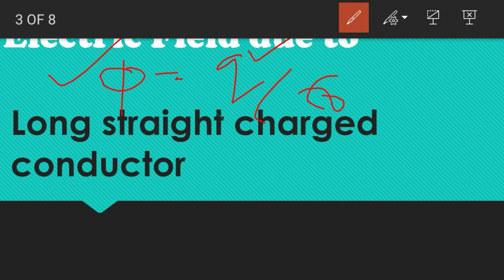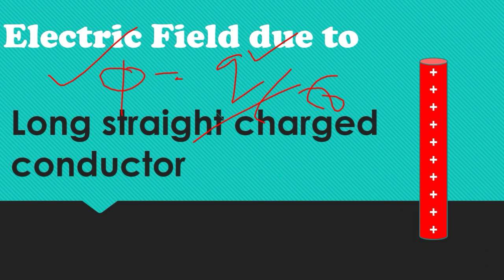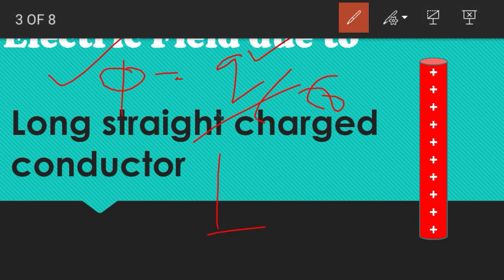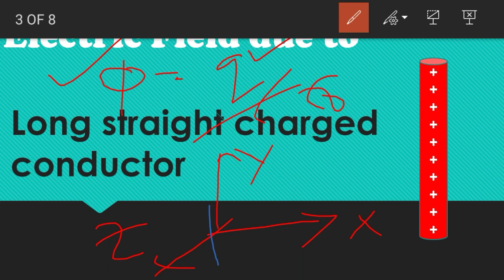Now let's see what kind of charges are possible. This is the long straight charged conductor. Suppose there are three axes, x-axis, y-axis, and z-axis, as in these cases. Suppose this is x, this is y, and this is z-axis. Then suppose in the y-axis we have the distribution of the charges. In order to calculate the flux, first we have to find the lines of force, how the lines of force are behaving. So what are the lines of force?